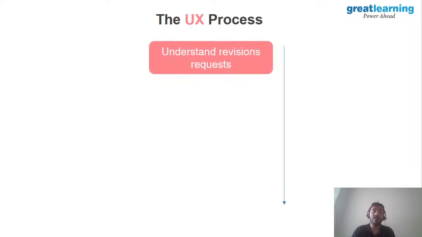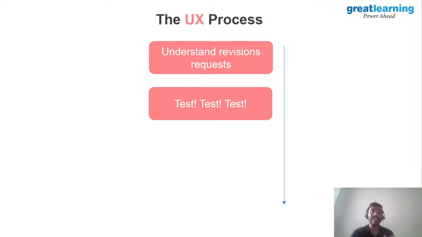And once you create prototypes for those three designs you created as wireframes, you move on to understand the revision request over here also, because then you send your prototypes to the stakeholder and to your seniors. They will look at it and give you feedback. You take those feedback ideas and start implementing them, right? And that's when you come up with your final prototype. Once you come up with the final prototype, that's when you test.